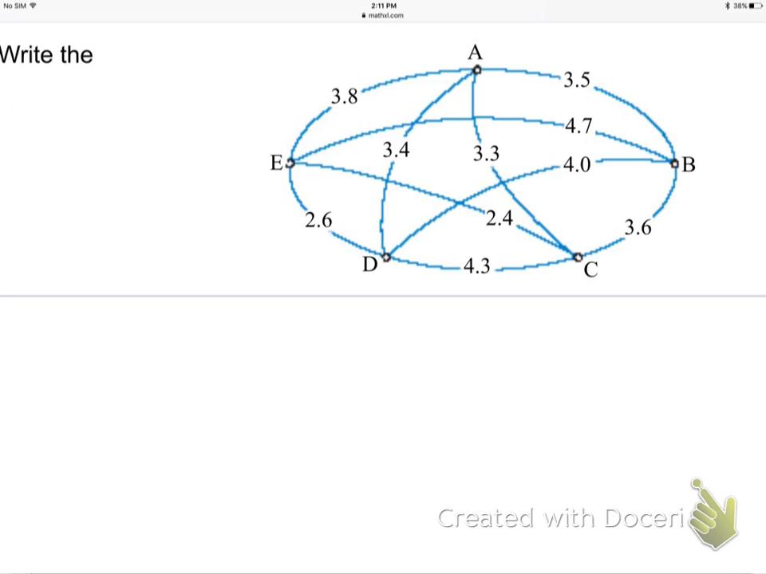Let's start at A. So we're doing, let me write it up here. This is problem number 2 and we're doing repetitive